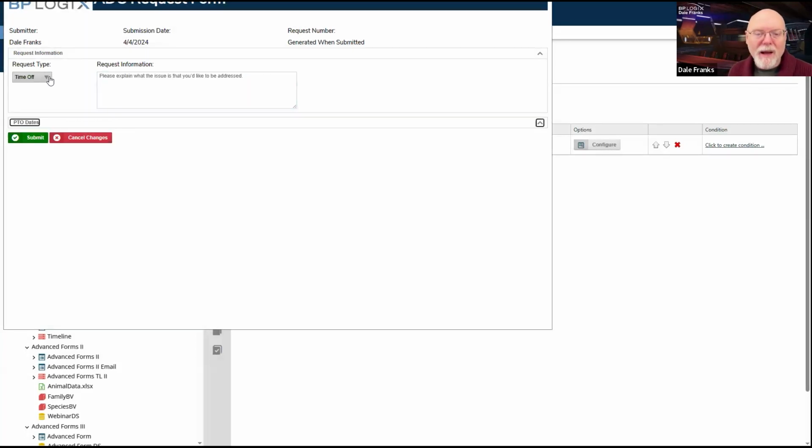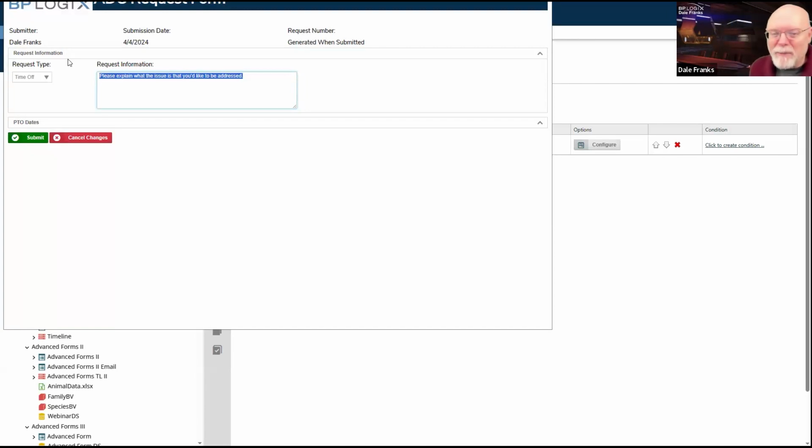select time off. And notice when I changed the value, well, I didn't change the value. When I changed the value, it moved me straight to the request information field. So it actually basically allowed me to tab out of it myself. And when I hit tab, you can't see me hitting tab, but I'm hitting tab.